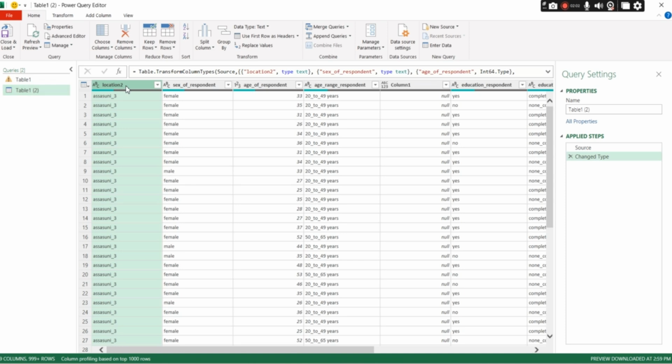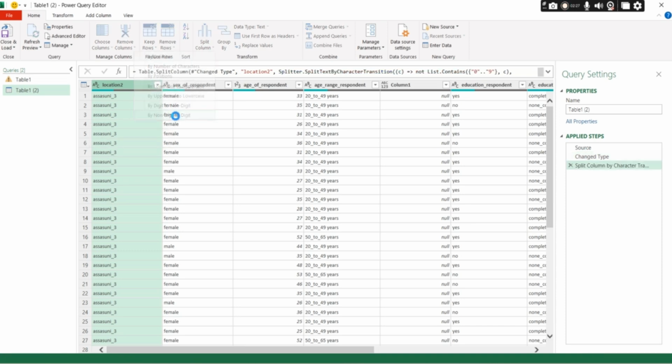First I'm selecting the column where I need to do the work, and then I select split column. Here I am selecting by non-digit to digit, that means I am splitting the column by non-digit to digit. Like here you have non-digit characters, and there is one digit like 3.